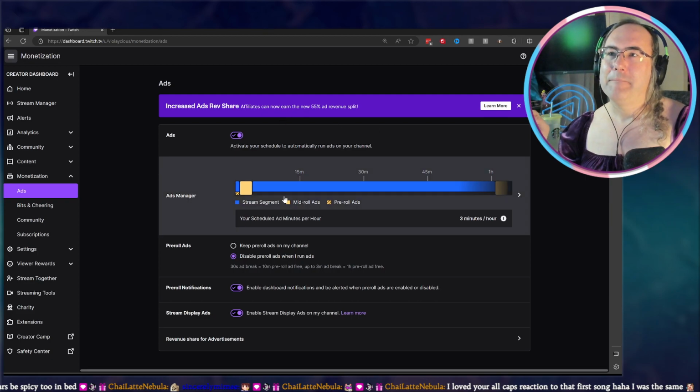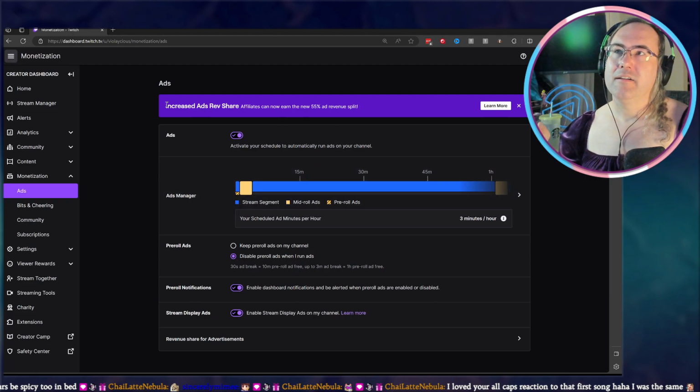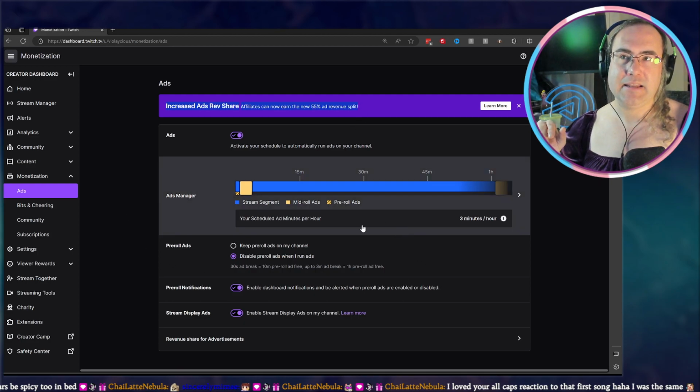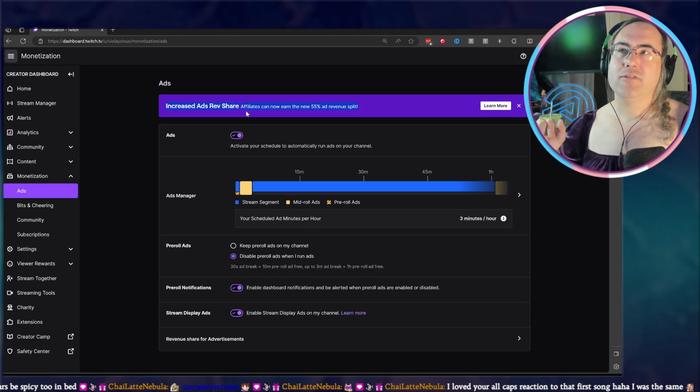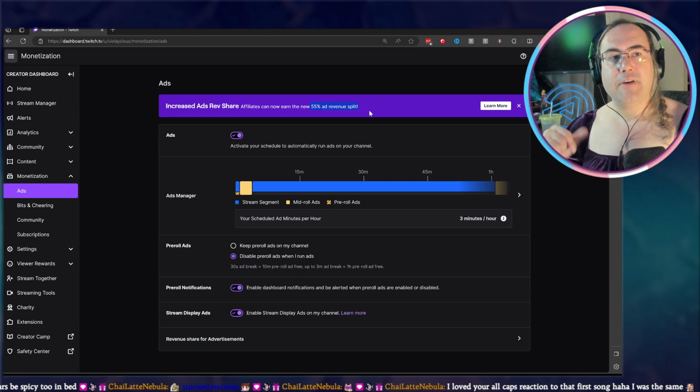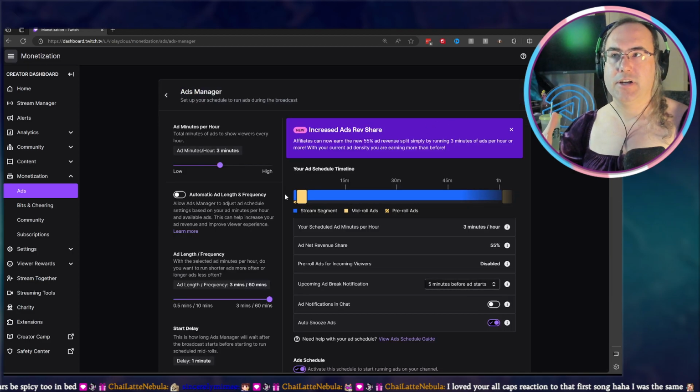Okay, so right here, right at the top, it talks about this very briefly. It used to be in the text here, but increased ad revenue share. Affiliates can now earn the new 55% ad revenue split. When they rolled out the 55%, it was exclusive to partners, but then they added an exception.